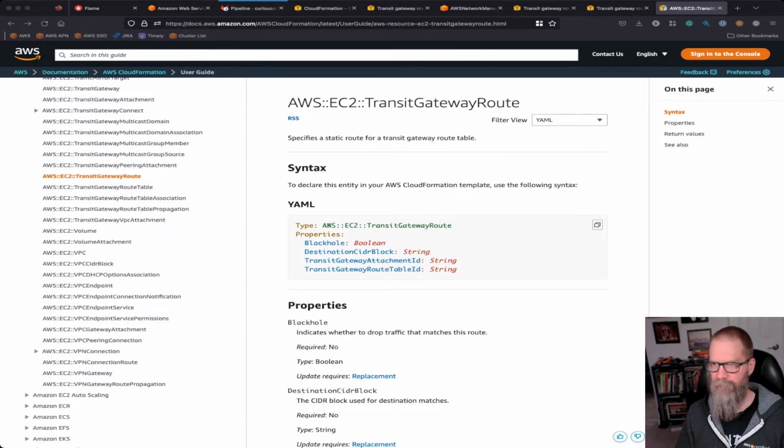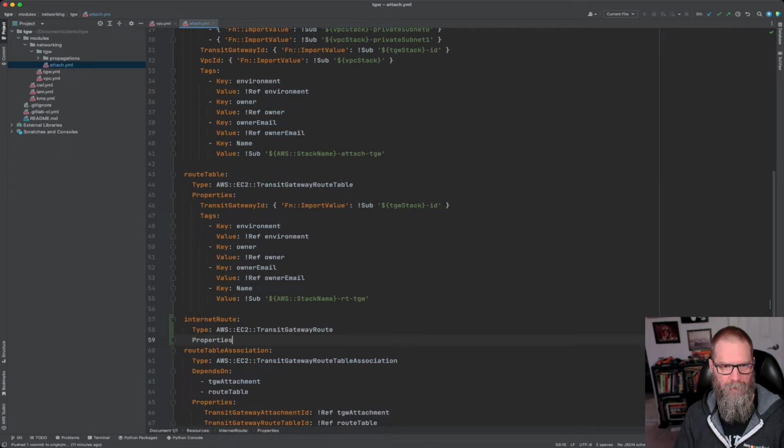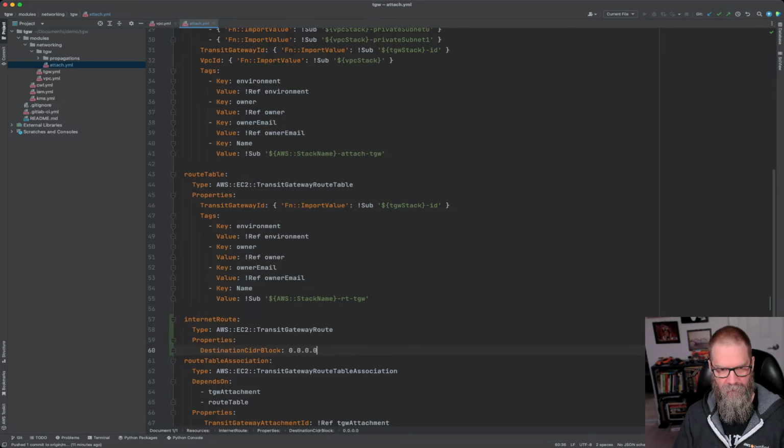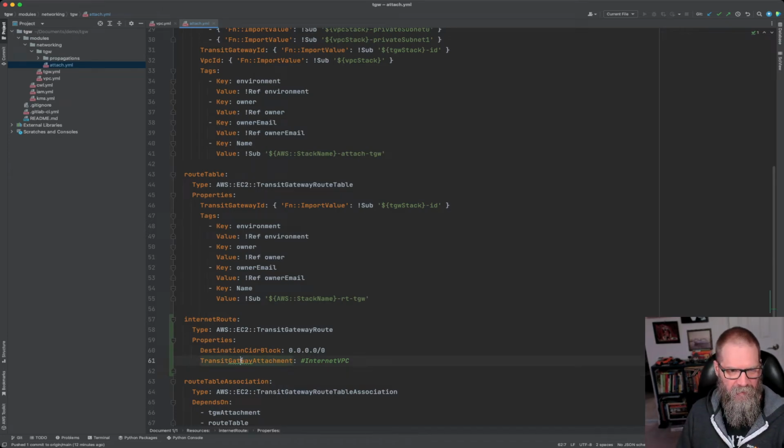So we can go transit gateway route, and we're going to go destination CIDR block is 0.0.0.0/0, right? So basically our anywhere route. And if you're trying to go anywhere, then we're going to send you to the transit gateway attachment that's associated to the internet VPC. Okay. But this isn't going to work because